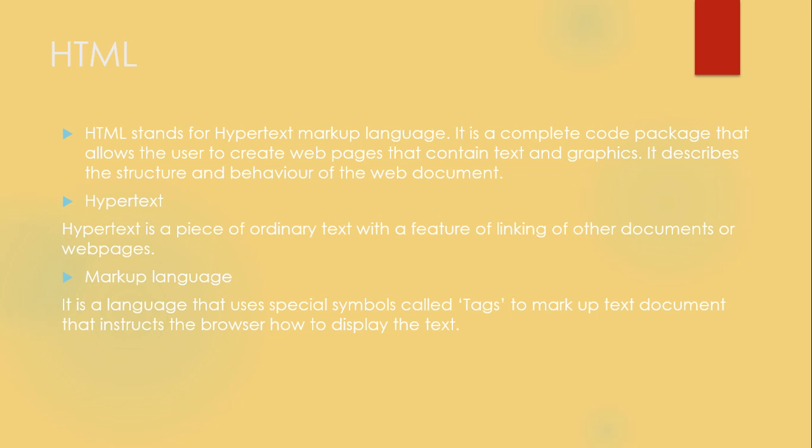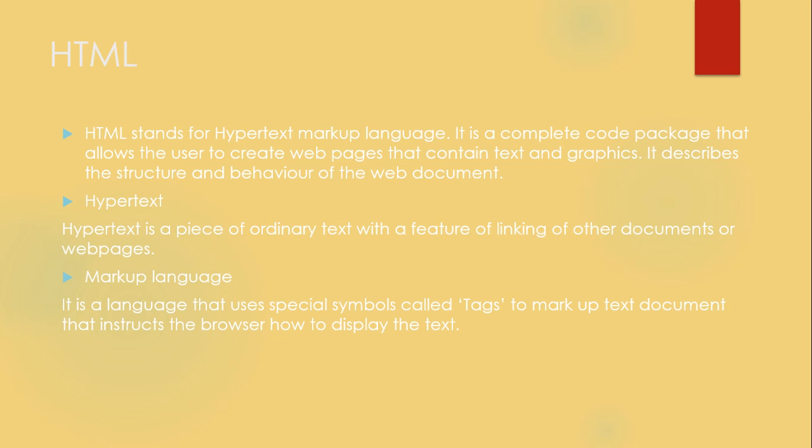That means HTML is used to create the web page and we can view the web page using the web browser. Web page is the information, that is the digital information displayed on the internet is called the web page. Digital information, that means anything that is available on the computer. Now, web browser. Web browser is the software using that we can access the internet.